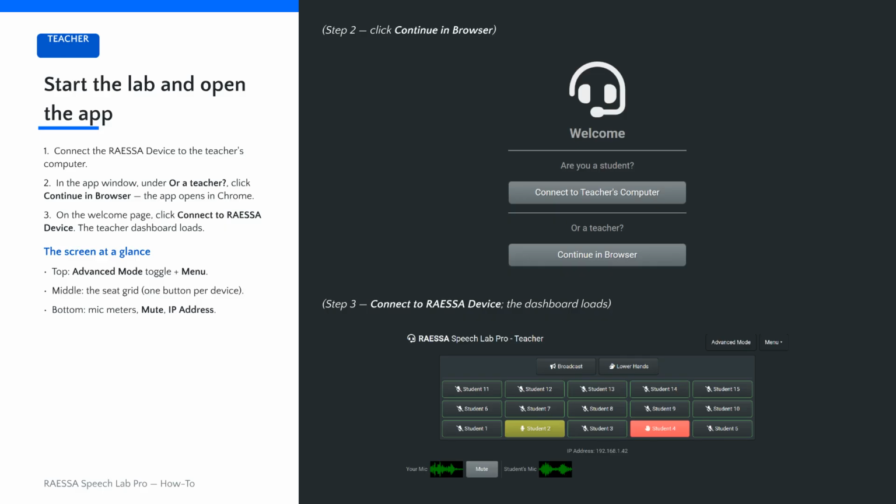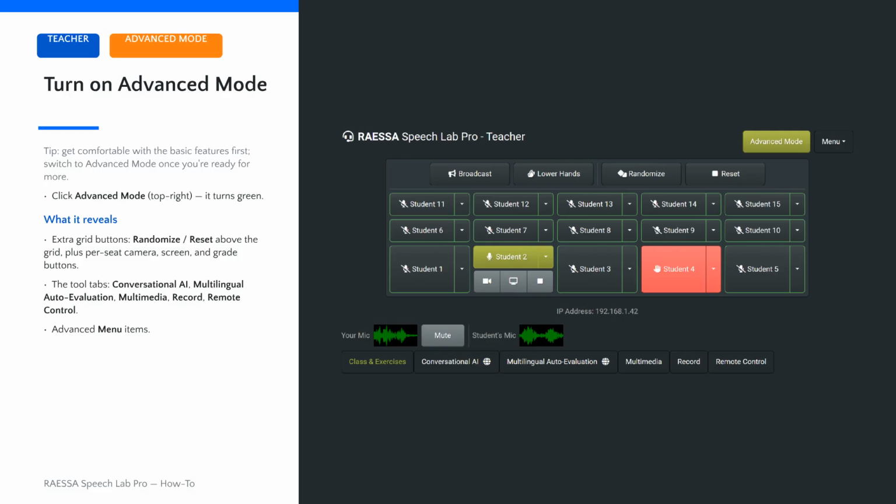interface in your browser. Once the dashboard loads, you will see your seat grid, microphone levels, and the teacher menu, providing you with full control over the lesson. For more complex tasks, toggle Advanced Mode on in the top right corner. This reveals additional features such as randomizing seats, lesson controls, and advanced administration tools, which we will explore further in